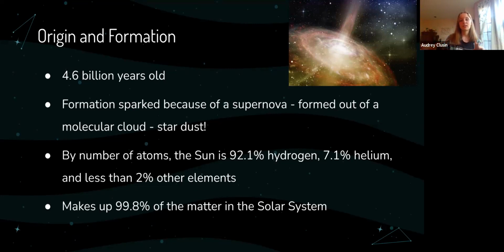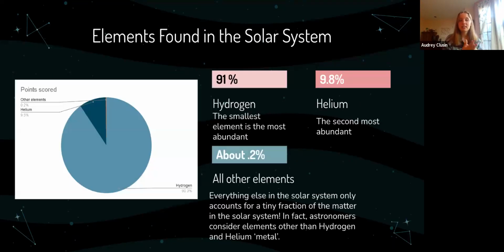But the sun is, relative to other stars, a kind of new star. So that's why it doesn't have that many other elements in comparison to its majority hydrogen and helium. Inside the sun, it's less than 2% other elements, and the sun makes up 99% of the matter in the solar system, which is why if we look at the composition of the solar system as a whole,